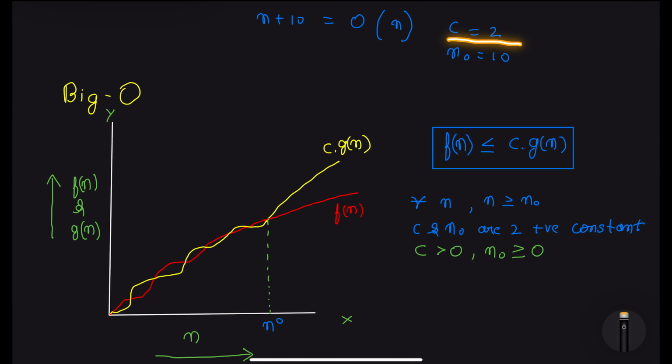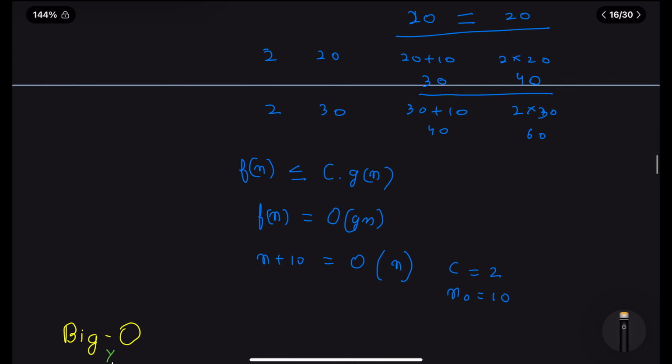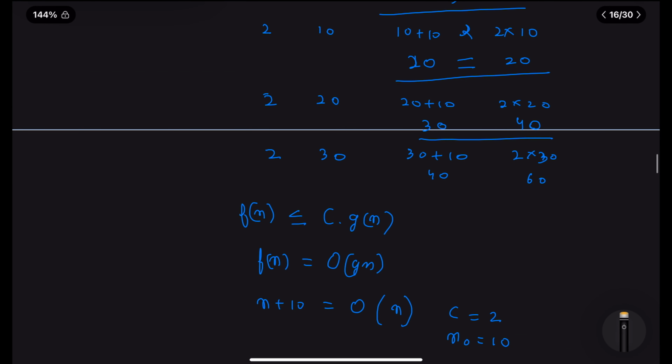So c is equal to 2 and n naught is equal to 10. So we found these two values, and if we take any value greater than n naught, which is 10, we will find that we will always satisfy this condition. We have tried a few examples, like for 10 we found it is equal, and if we keep on